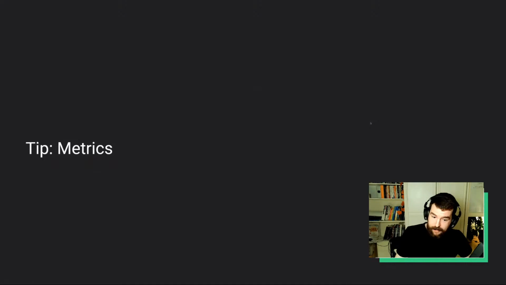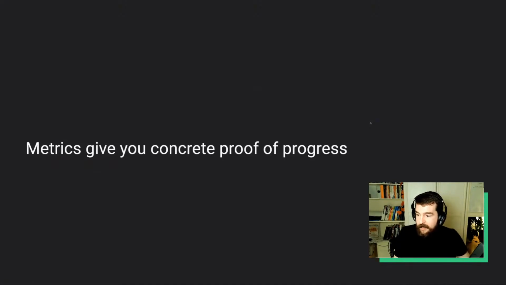And metrics. So metrics are an interesting one. Metrics give you concrete proof of progress, and this is useful for a couple of different reasons. It can help motivate and push your team. When you see that you've reached the 20% Compose barrier, the 50% Compose, or when you see you've only got 10 custom views left to get rid of, that can really give your team a bit of a push to cross that finish line and finish this big refactor, something which could otherwise be a bit of a slog.